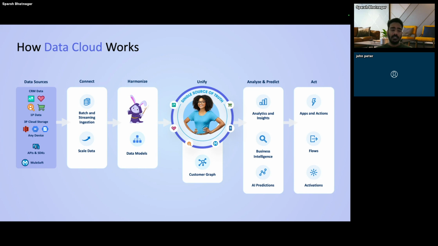At one place, it can say Sparsh Bhatnagar. At one place, it can say Sparsh B. And in another place, it can just say Sparsh. Or another place can say just Mr. Bhatnagar. So you can come across issues, right,